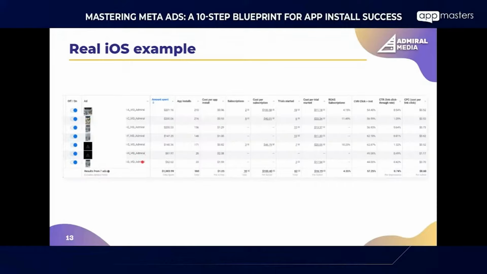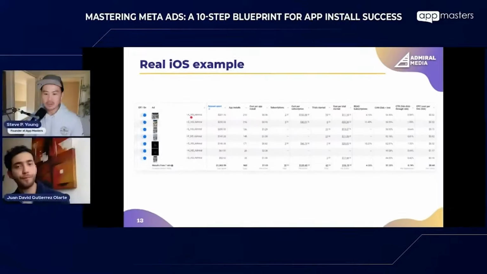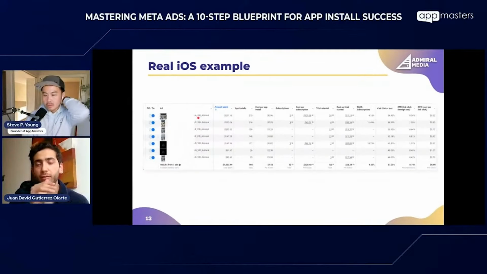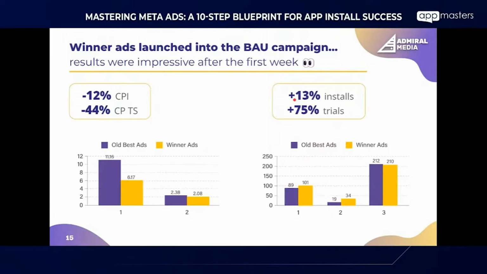But when we look at the information at ad level, of course, this will make the difference. Were you doing this as under one ad group, limited budget? This is one campaign, but 5 ad groups. Oh, okay. So we have each ad group with 200 of spend. After the first week, we were able to achieve 12% less CPI and 44% less cost per trial compared to the